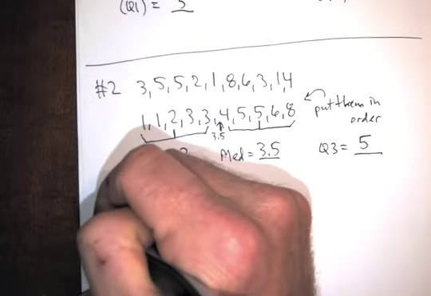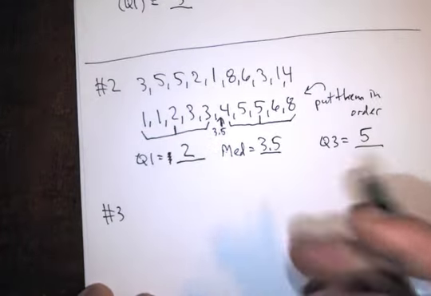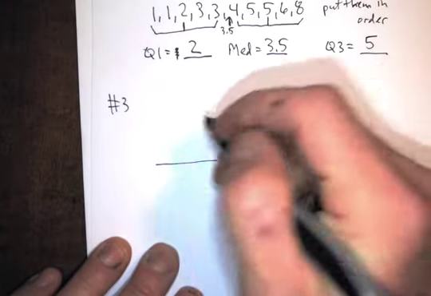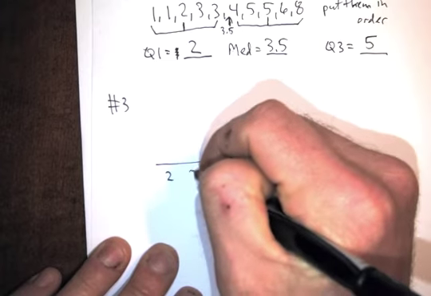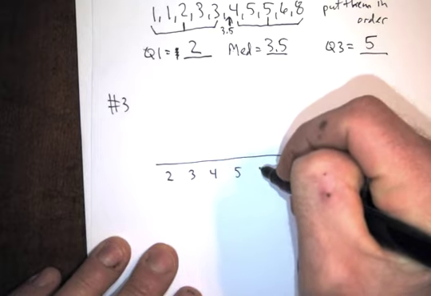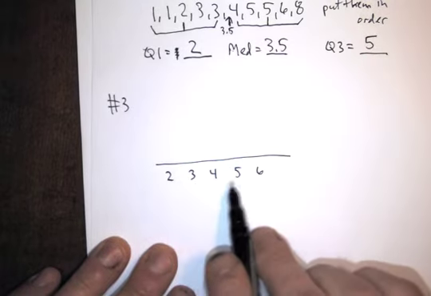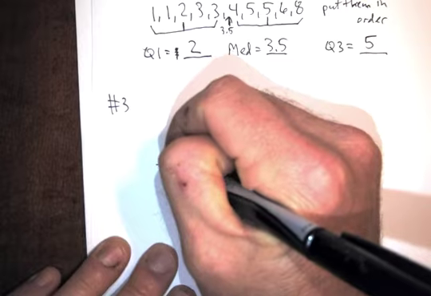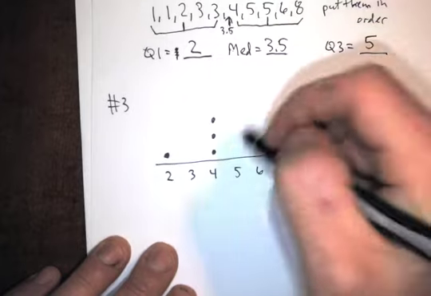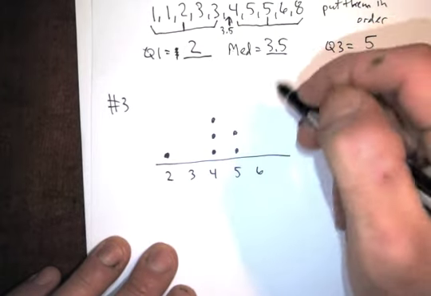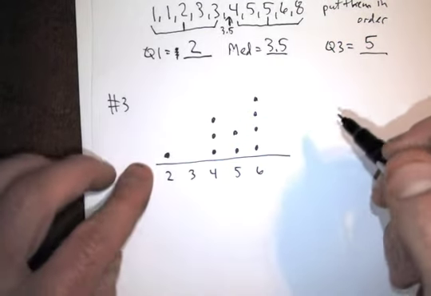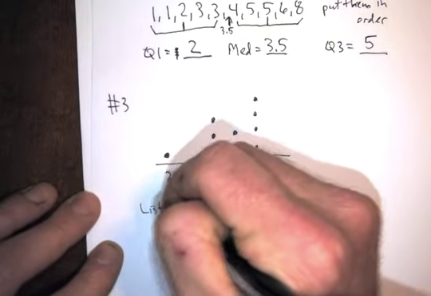Okay, and then the last thing that will come up on your assignment is these dot plots. So say you see a dot plot that looks like this. It will have numbers listed along the bottom, and the numbers will all be in order, like a number line, basically. Each number going up by the same amount every time, and there'll be dots. And the dots tell you how many data points are at that value. So for example, say we got this. This means if I would list this data out,